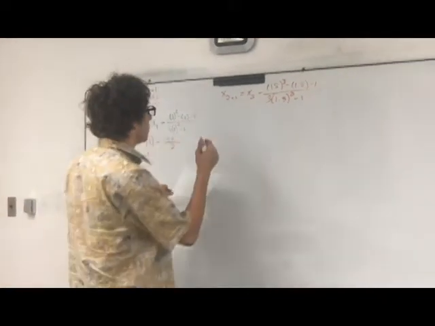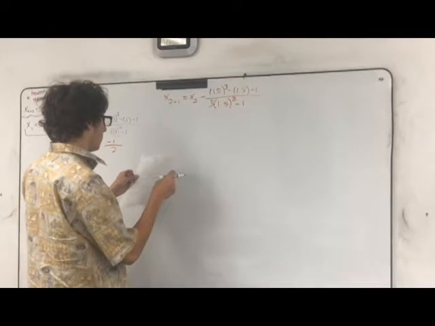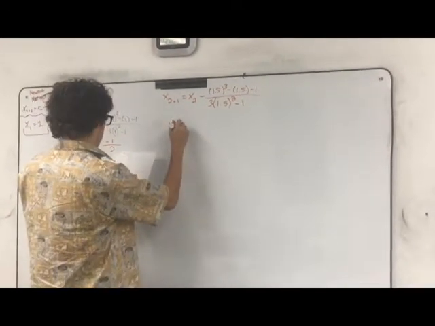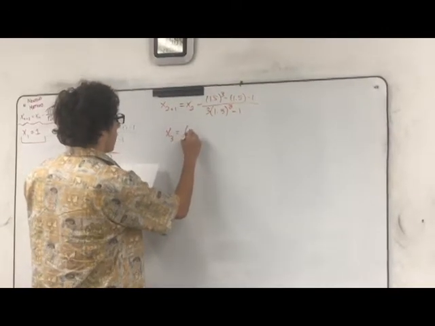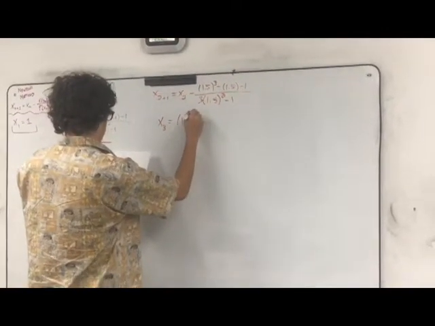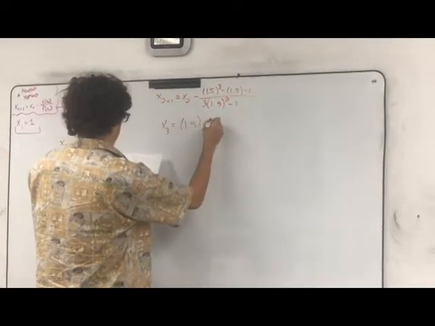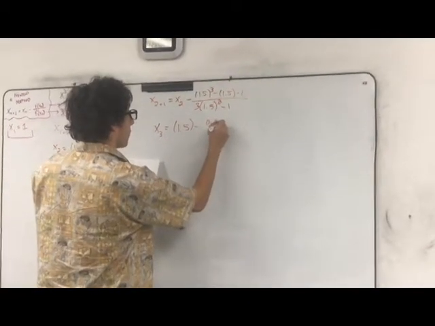So right now, I'm just going to skip a couple steps, and I'm going to bring us to x of 3 is equal to 1.5. I'll write it anyways, 0.875